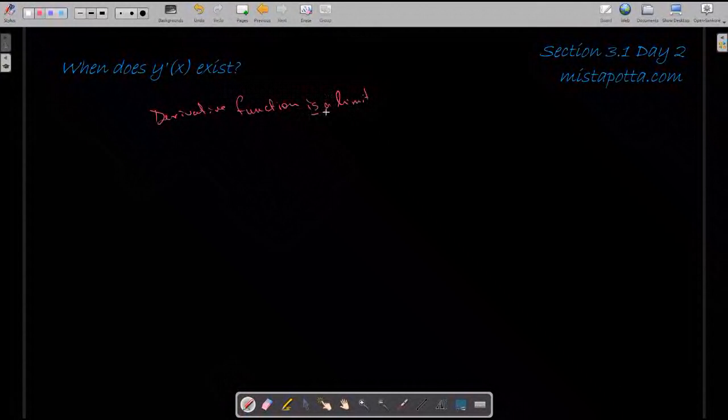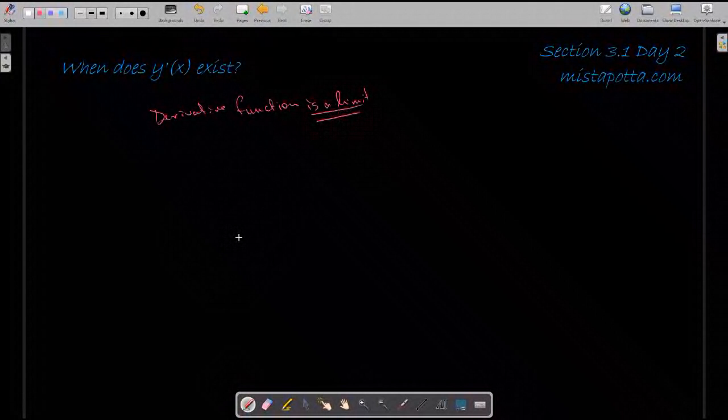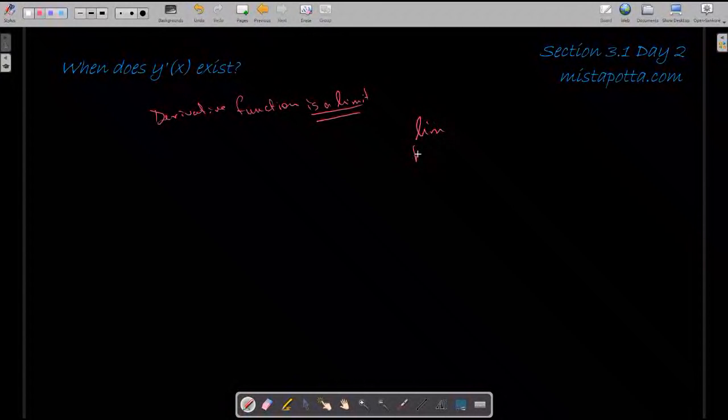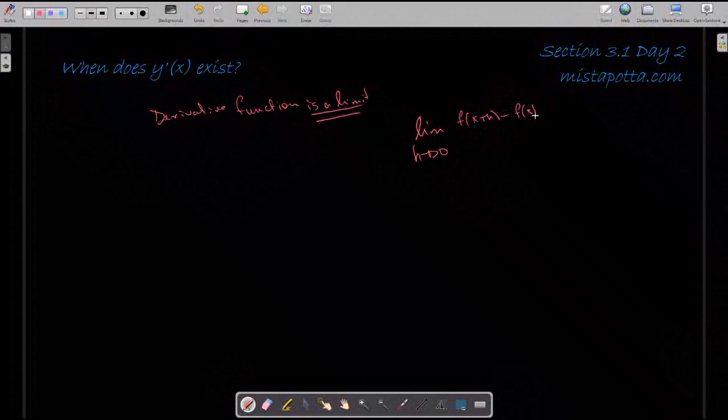And this is something a lot of people forget. I'm coming up with a function. It's derived from an existing function, but it is the limit as h approaches 0 of my difference quotient. So this limit can't exist